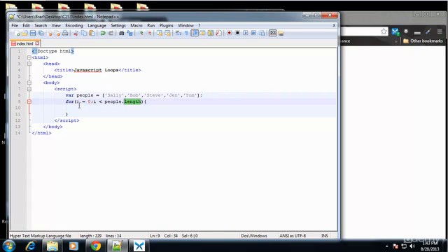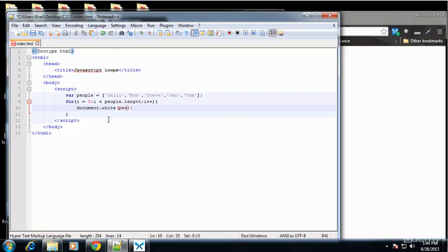Okay, so we're saying I equals 0, for as long as I is less than the length, or the number of values, then we're going to run some code. But we also can't forget to add on the increment. So what we want to do is do the same thing. We want to print it out to the screen. So we'll say document.write,